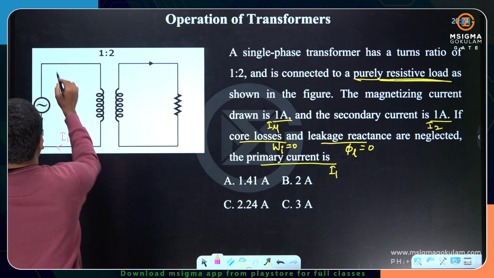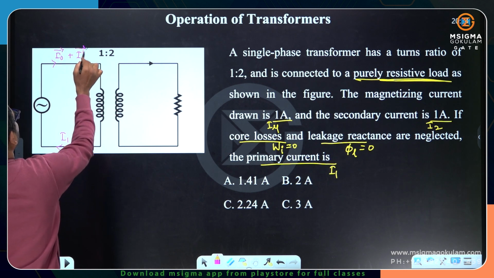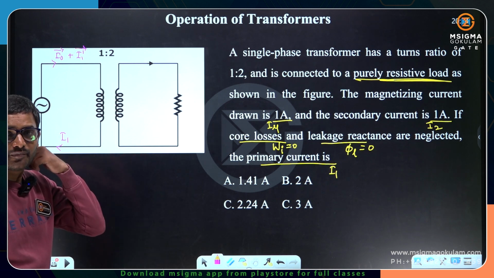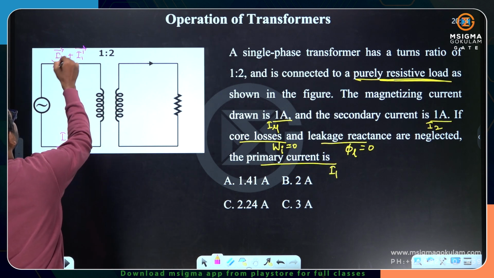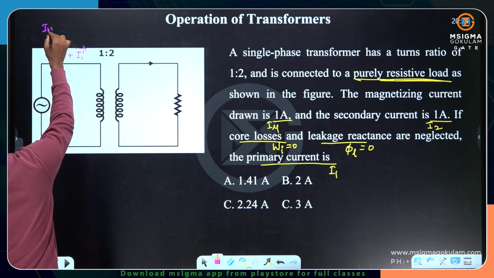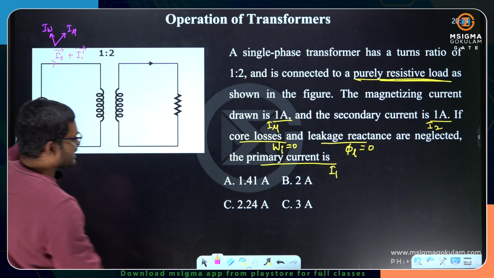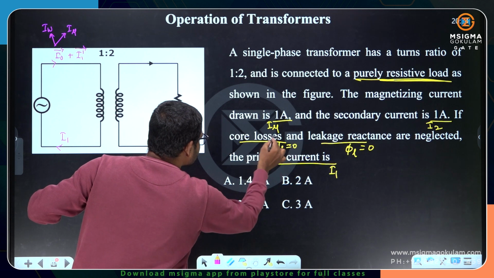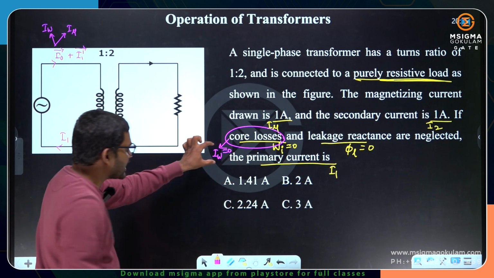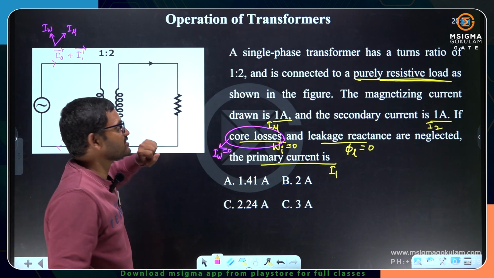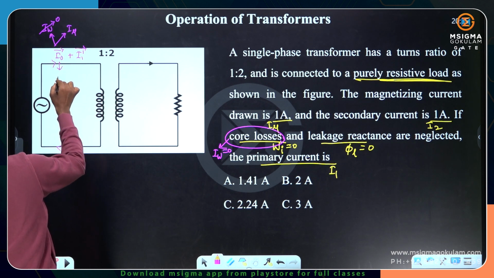The primary current is the combination of I naught and I1 dash. What is I naught? I naught is a combination of working component of current and magnetizing component of current, right? He has given the magnetizing component of current, but he said core loss is 0. If core loss is 0, working component of current is 0. This is the current which supplies the losses, eddy current and hysteresis losses. So this is 0. Now in place of I naught, I can take only the magnetizing